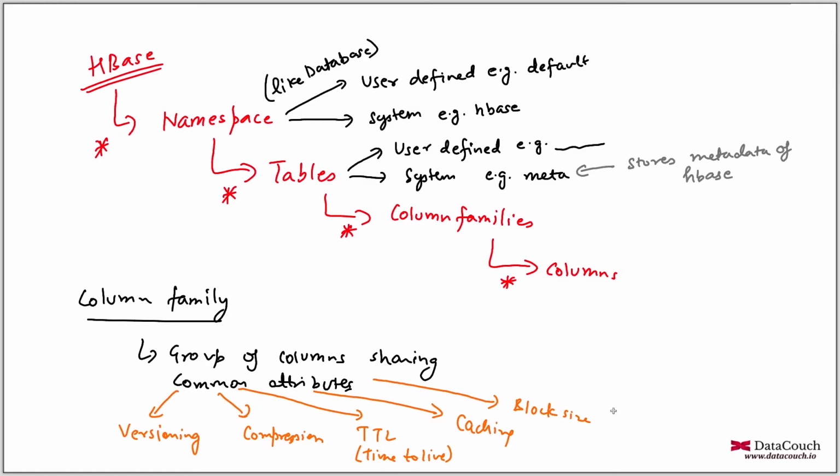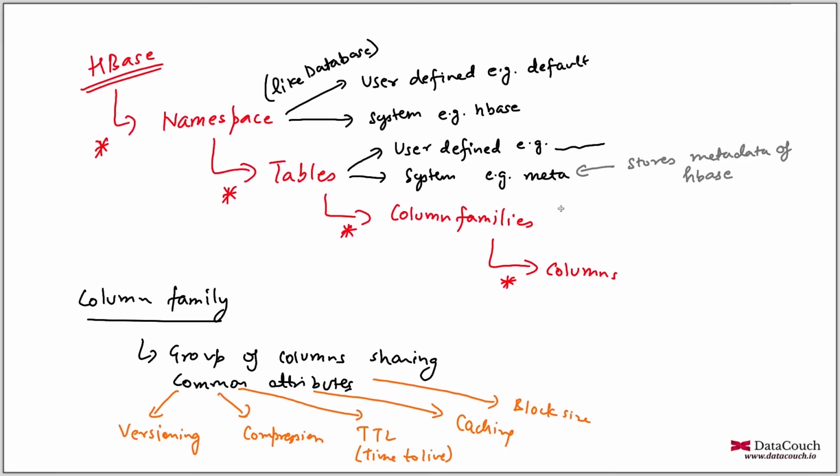So you can see we are grouping columns together to ensure that the attributes can be changed at the column family level. That's the beauty of using column families. We can have different column families. When you define a table, you will be creating one or two column families in the table. That is what is recommended. Don't go beyond 4 column families. Keep within this range, otherwise it will be a problem, and there are many logical reasons for that. But right now I'm not going there, because it's just a crash course to understand the column family concept and the table concept.